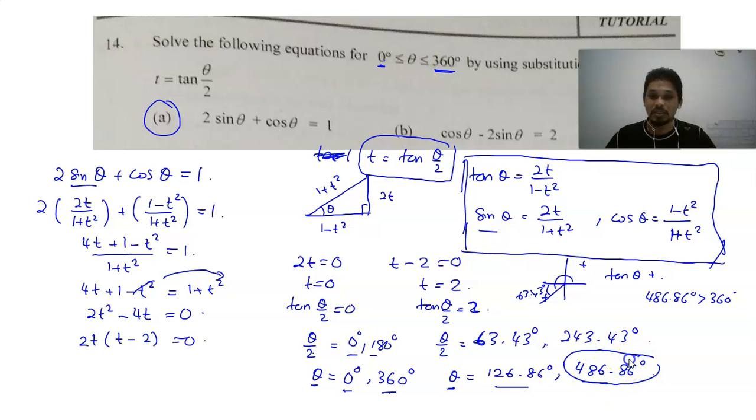So the final answers of theta here are 0 degrees, 360 degrees, and